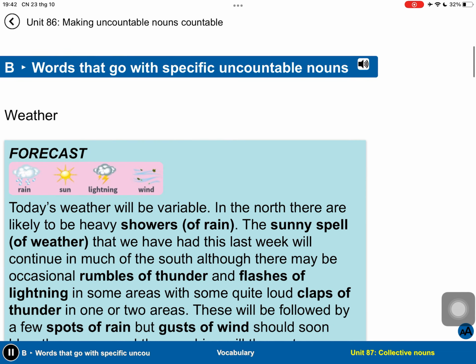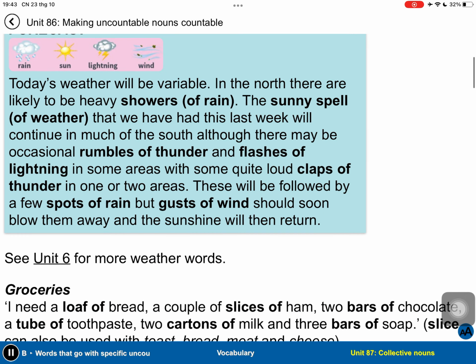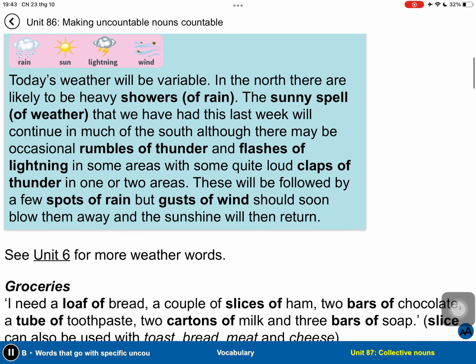B. Words that go with specific uncountable nouns. Weather, rain, sun, lightning, wind. Today's weather will be variable. In the north, there are likely to be heavy showers of rain. The sunny spell of weather that we have had this last week will continue in much of the south, although